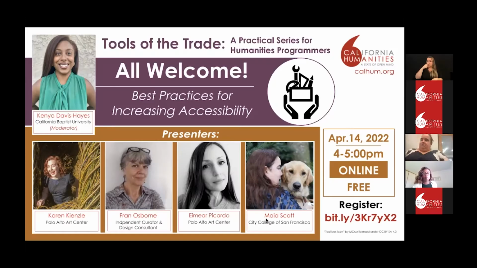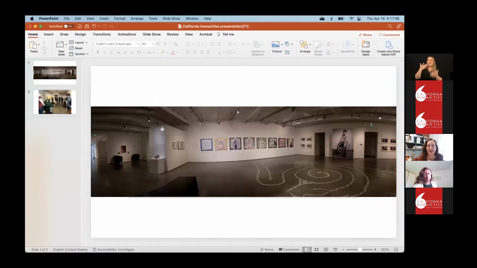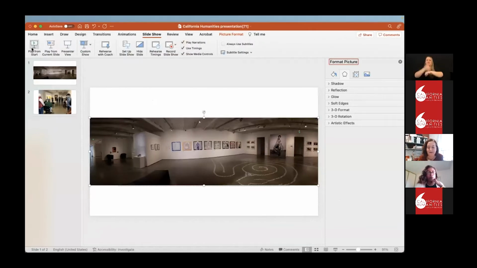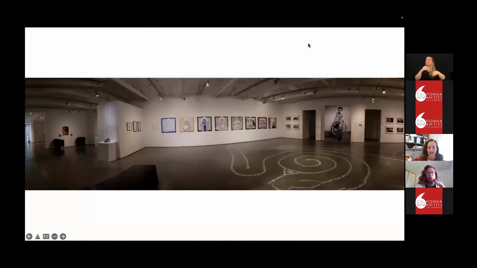I'm going to ask Kirsten if she might be able to share the first image, which will give you a sense of the Art of Disability Culture exhibition, and I can describe this. This is a panoramic photo of the installation of the Art of Disability Culture exhibition at the Palo Alto Arts Center. It includes a photo mural at the back right featuring photographer Anthony Tesler as a young man, and adjacent some of his framed photographs. A floor labyrinth installation by Maia Scott, who you'll hear from in a moment, is in the foreground, and mixed media paintings by Catherine Leche Chong are at the back.